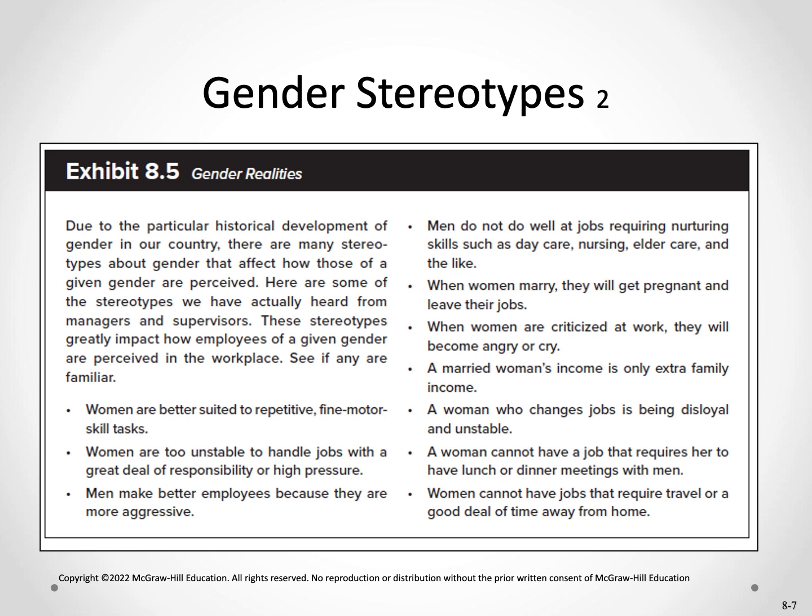There are tons of gender stereotypes which really get at more of the microaggressions that women experience in the workplace. And I love the great summary that we have here in Exhibit 8.5 about the stereotypes that are perceived in the workplace. For example, that women are better suited to repetitive fine motor skills. I have horrible eye-hand coordination. I'm not sure that I would be good at that. But maybe there are others that are. And I think there are men that also have good fine motor skills.